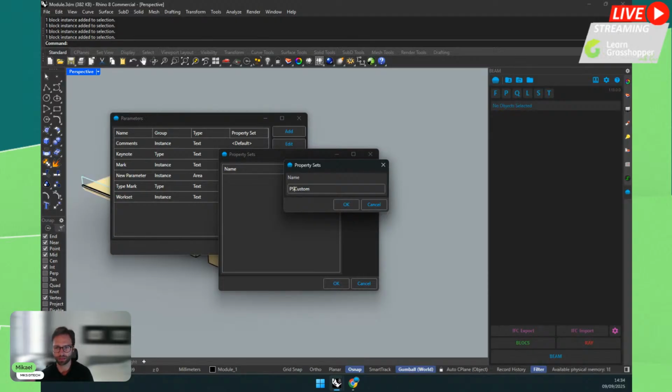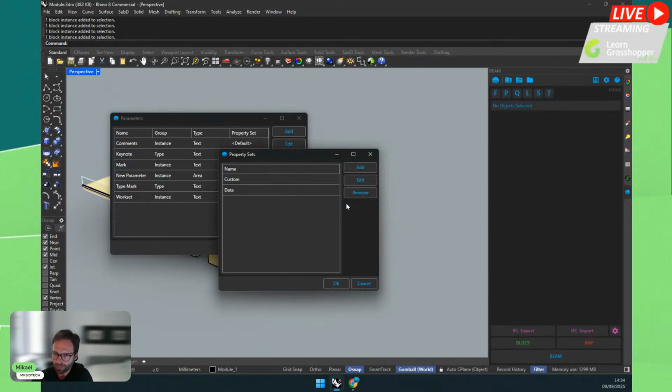Okay, sometimes you might want to add the Pset custom. Depending on the IFC interchange that you're doing and the parties involved, you might have specific rules on how to name the parameters and property sets. We will ignore this here and just go with convenient naming, but you might want to use whatever is required by the BEP or any other documentation. So let's use custom. Maybe add another one called data.